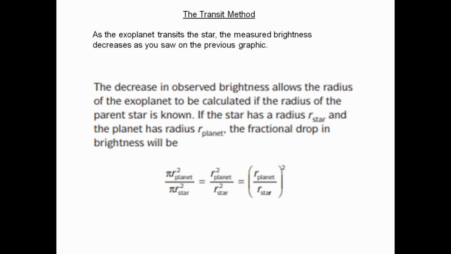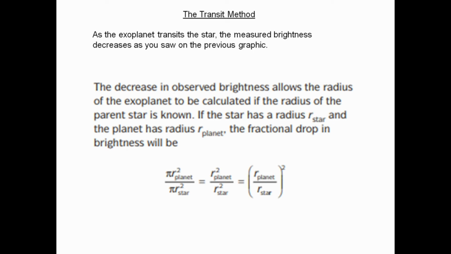So in terms of bringing a bit of maths into this, we're going to assume that as we observe the star, it's a circle, and the exoplanet is also a circle as we observe them. And the area of the star is pi r squared, because it's a circle, and the area of the exoplanet is pi r squared as well. So what we're going to assume is that the drop in intensity, or the drop in brightness, is proportional to the radius